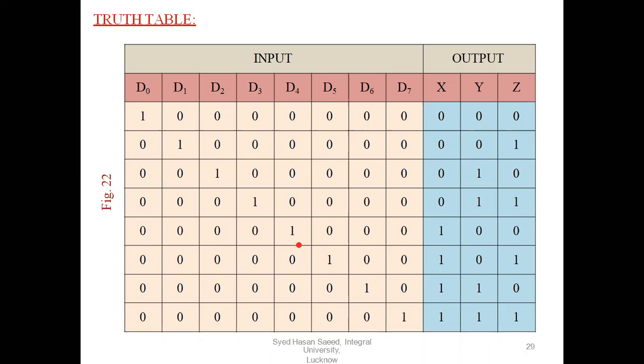These are the inputs, X Y Z are the inputs, and the outputs are D0 to D7, whereas an encoder is nothing but the inverse operation of a decoder. So here D0 to D7 are the inputs and the output is nothing but X Y Z. Is it clear? How to construct the octal to binary decoder? Sorry, encoder.